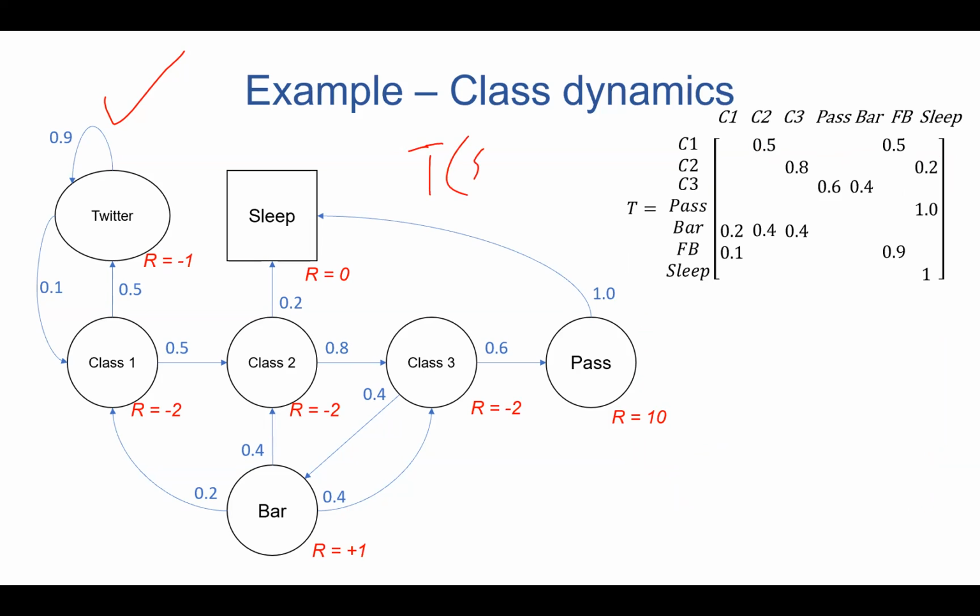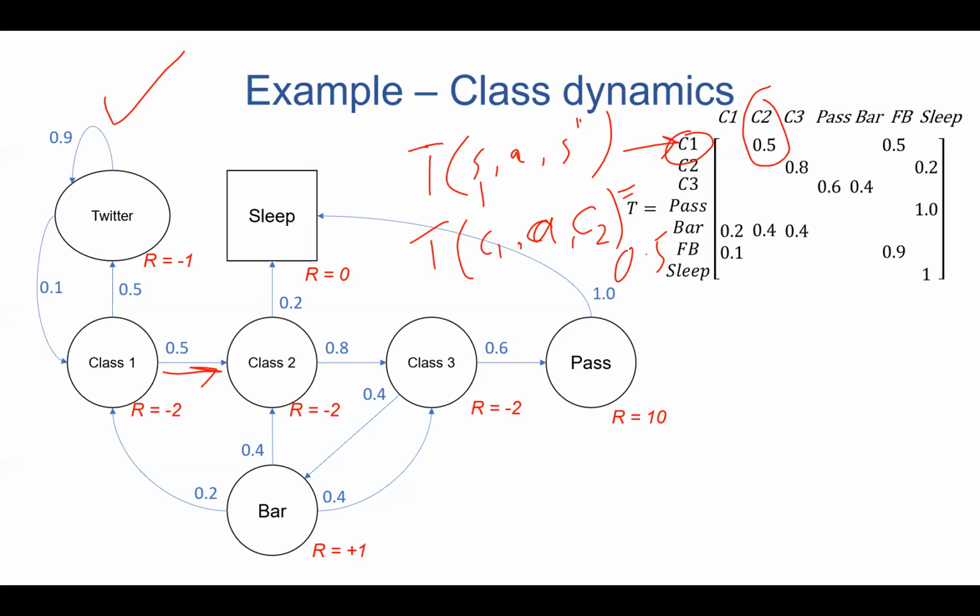Okay, remember we said that we have T(S, A, S prime). Your S is any of these, say T of class 1, and you take an action. So let's say you really want to go to class 2. Let's say this is your A1, and then you can go to class 2. And what is the probability for that? You see here, you're in class 1, you can take a certain action and get to class 2, which is 0.5.